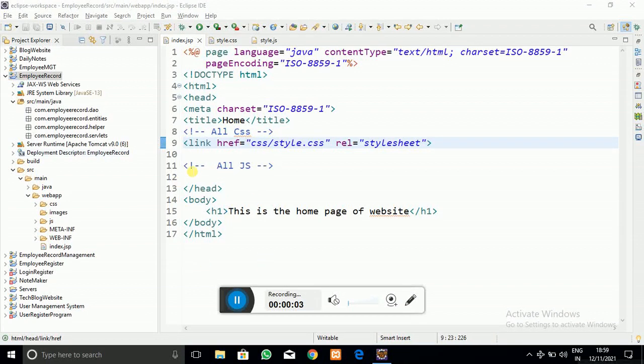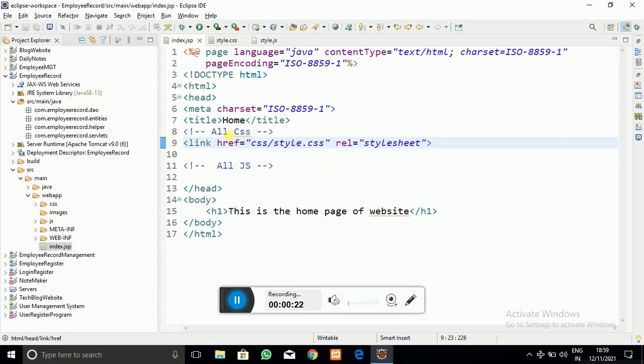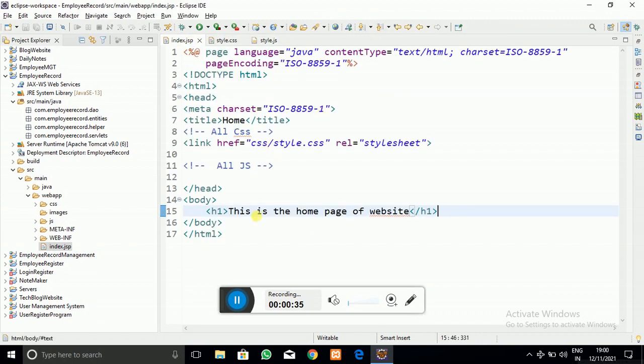In today's video, I am going to continue our last tutorial. In the last tutorial, I showed you the demo of our project, and we also created the packaging structure of our project, whatever we require, and we created the home page of our website. Here you can see the index.jsp page. So now in today's tutorial, I am going to create the design of our login and registration module. So without wasting time, let's get started and let me show you how we create it.